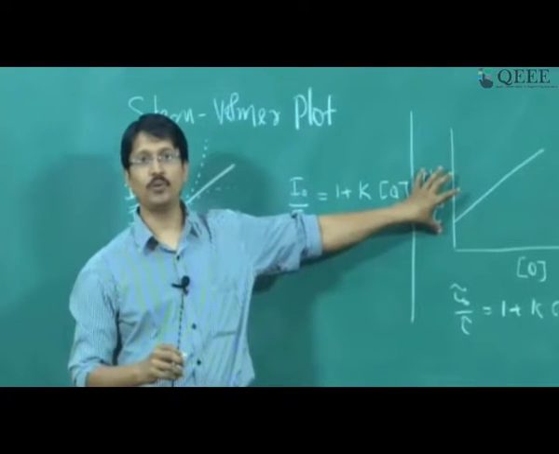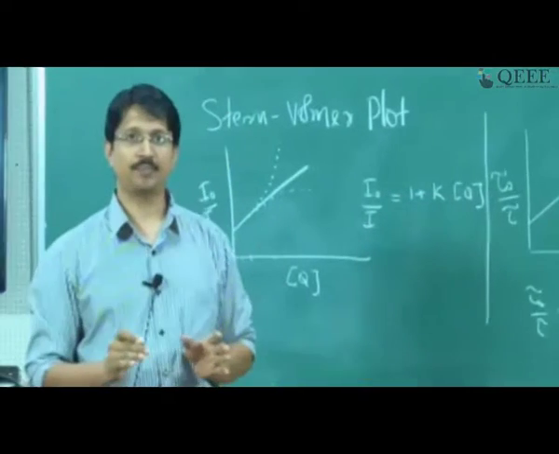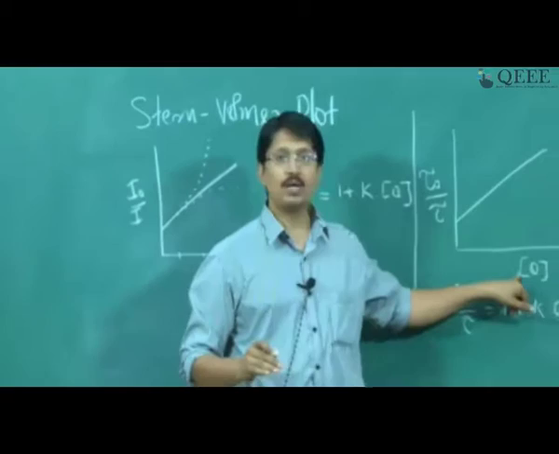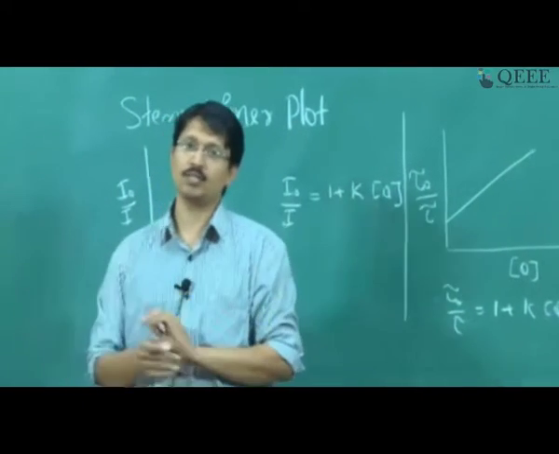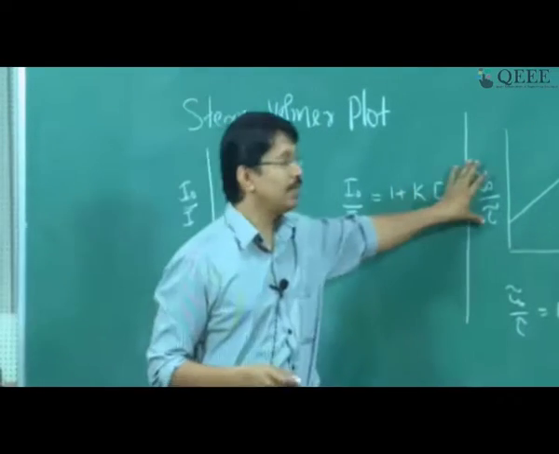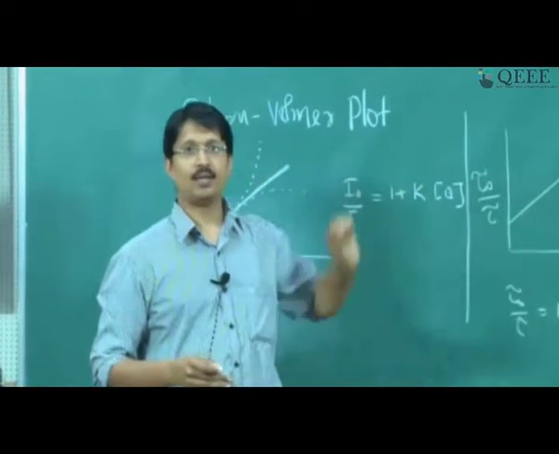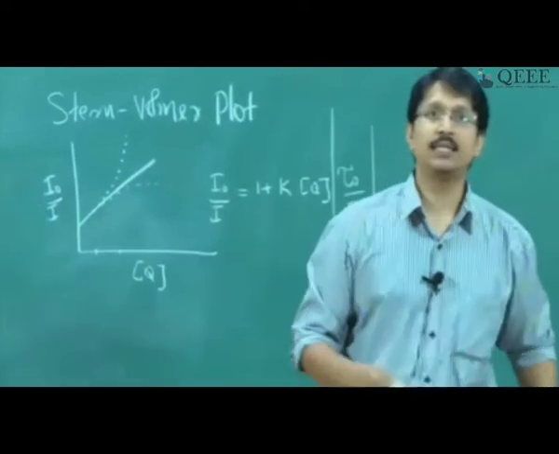So the question for you is, assume that only static quenching is happening in the system. I want you to plot tau 0 by tau versus quencher concentration. You are adding quencher, increasing the quencher concentration in the system. How will this particular plot get modified? I will request you to discuss with each other and try to plot it.